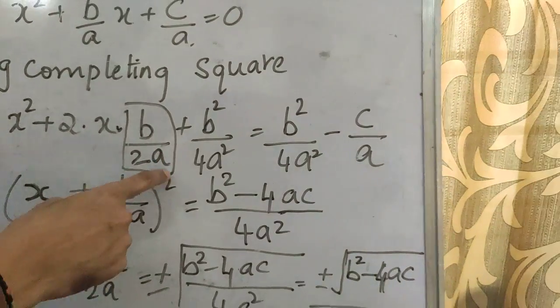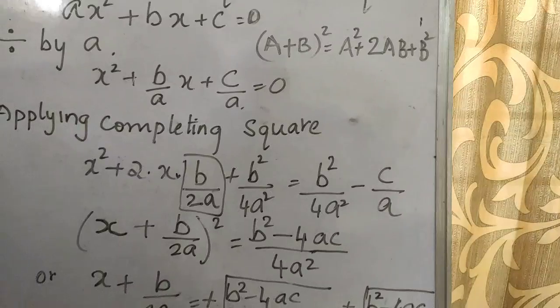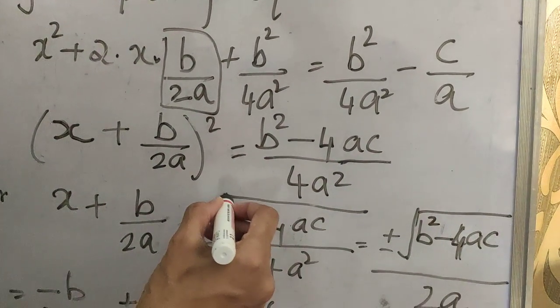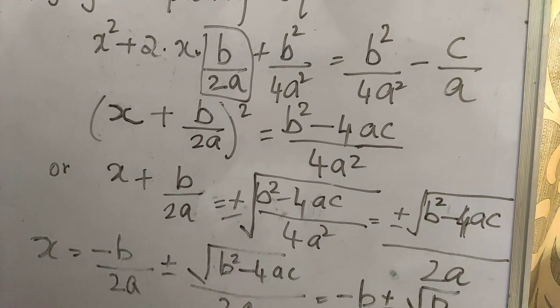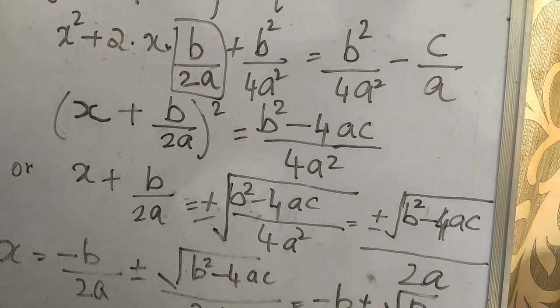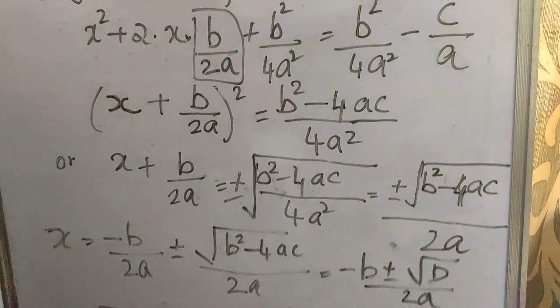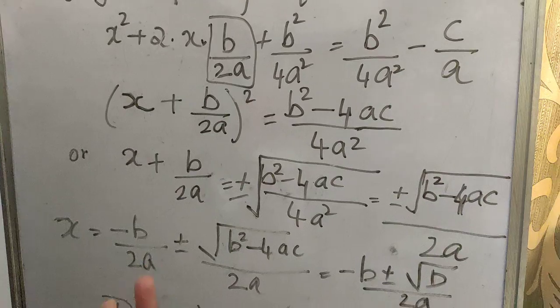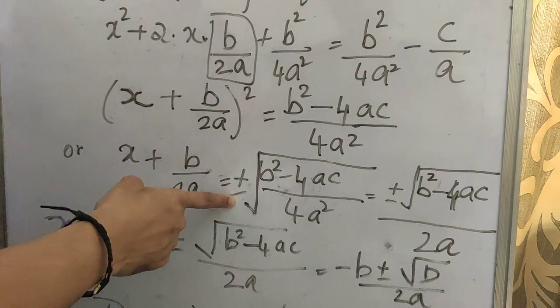So now I remove the whole square and give it to the RHS to become square root. We know that suppose you have x square is 16. What will be x? X will be root of 16, isn't it? And the answer for root of 16 is plus 4 or minus 4. Why? Plus 4 square is also 16, minus 4 whole square is also 16. So square root will have two values, one plus value and one minus value.